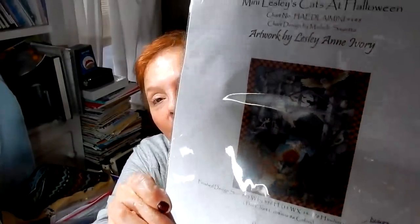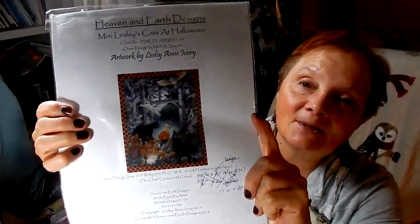Let's see. What do you know? This is Leslie's Cats at Halloween by Leslie Ann Ivory, and it's charted by Michelle Sayetta. Oh my goodness. I'm trying to cut down on the time this is taking, but this is really beautiful. And I'm doing this on 25 count